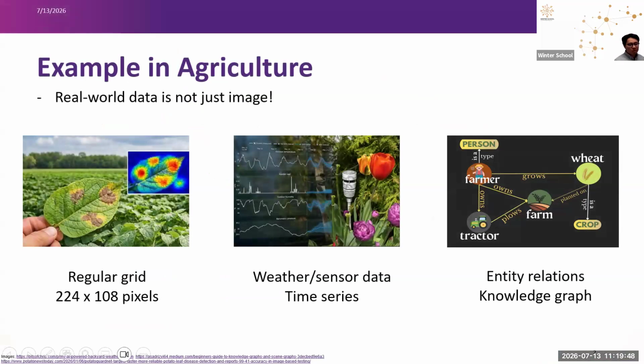When people hear AI, the first thing I would imagine they think of is a lot of images. But I understand the agriculture domain produces more than images. It's much richer than just images. We certainly have some crop images, and in this case computer vision techniques become incredibly successful. We also have sensor data, weather observation records, which are naturally time series.